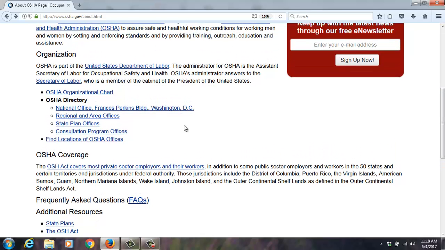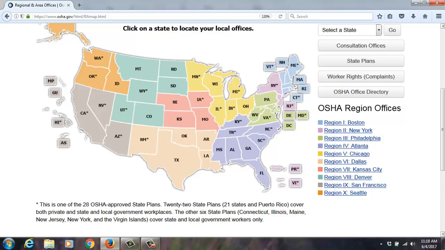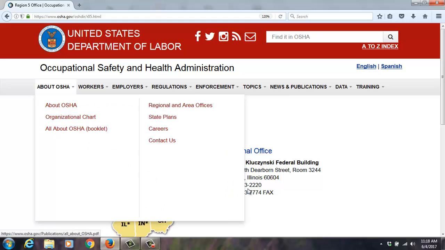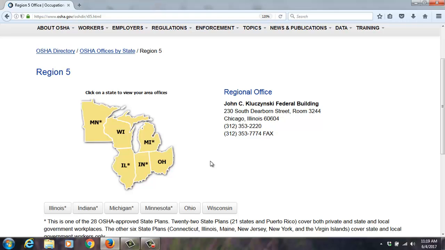One thing I'd like to do right now is just go into regional offices. They've got this great map, and for my students, this is one of their questions they need to look up. We're in Wisconsin, and therefore we're part of Region 5, and the Region 5 office is in Chicago, and there's contact information. Then it shows here in asterisk the states that are state programs or state-run programs. There are 28 total. So Minnesota, Michigan, Indiana. Now Illinois, I believe, is state-run just for state employees, so they're like a hybrid between a federal